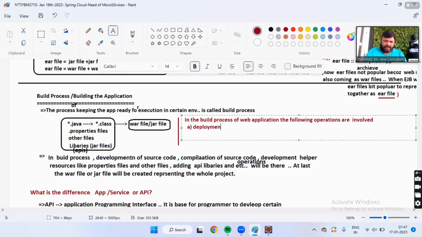Deployment directory structure creation or generation. Compilation of source files.